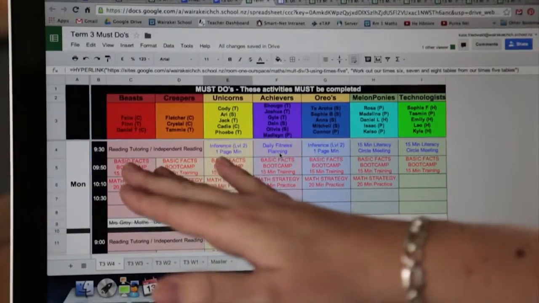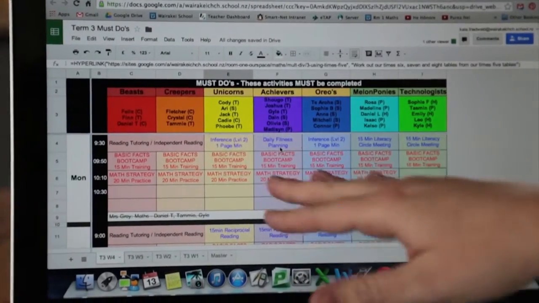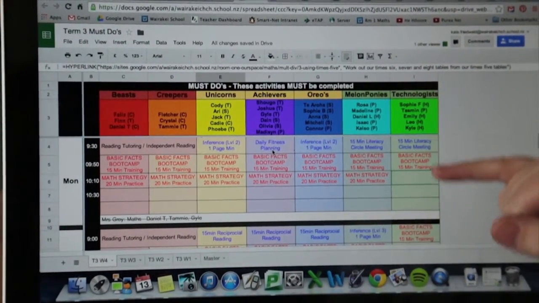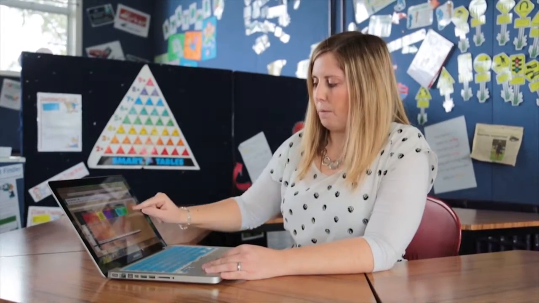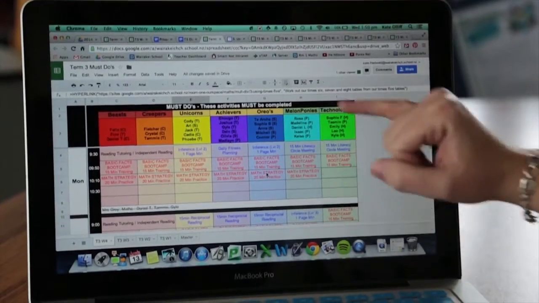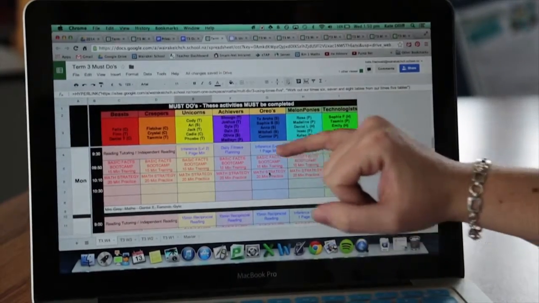Each group has a number of must-dos. So in this instance, 3 must-dos they must do during that morning block. And then they have some blank time, which is for them to use to structure how they want to learn something that's going to help focus on their learning needs. So the groups at this end have a reading and writing need. In the middle, their biggest need is maths, and at this end it's writing. So these people here are encouraged to write more in their time, and these people here are encouraged to read